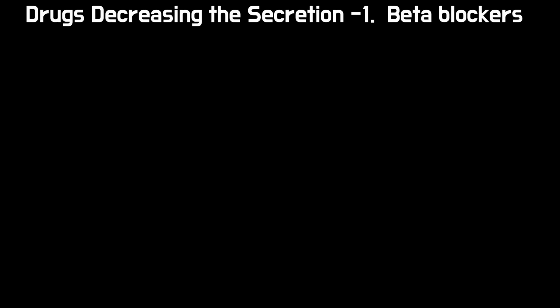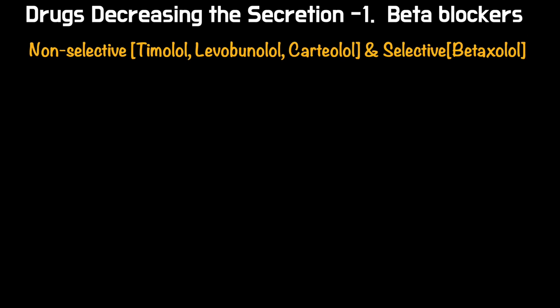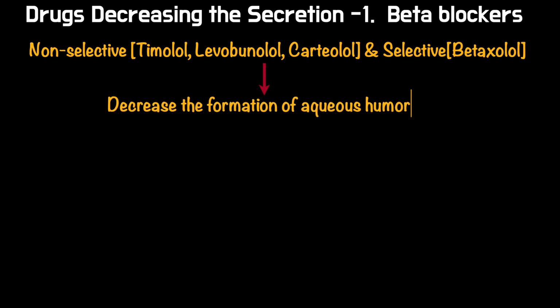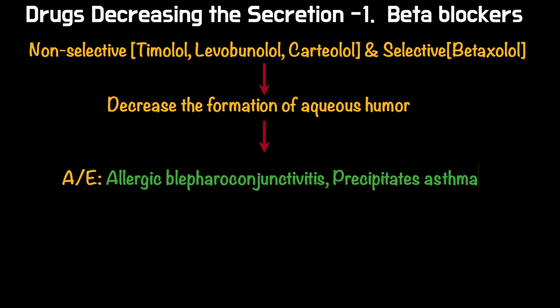The first is drugs decreasing the secretion. Number one is beta blockers. What kind of beta blockers? The examples are timolol, levobunolol, or carteolol. These are non-selective, and selective beta blockers like betaxolol can also be used. They decrease the formation of aqueous humor, and adverse effects of these drugs are allergic blepharoconjunctivitis, and they